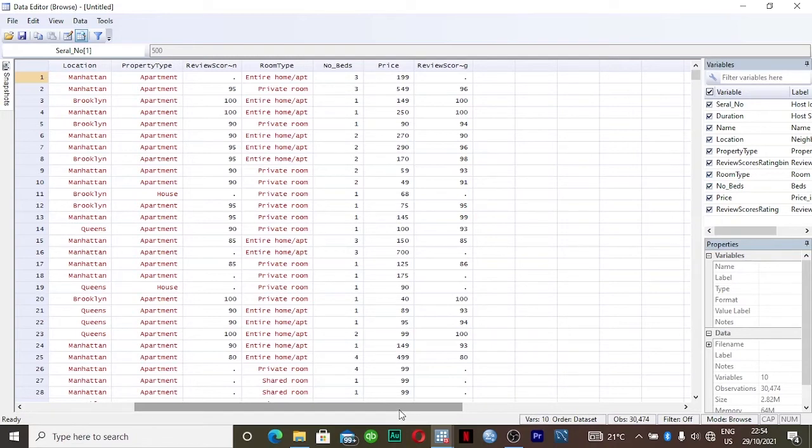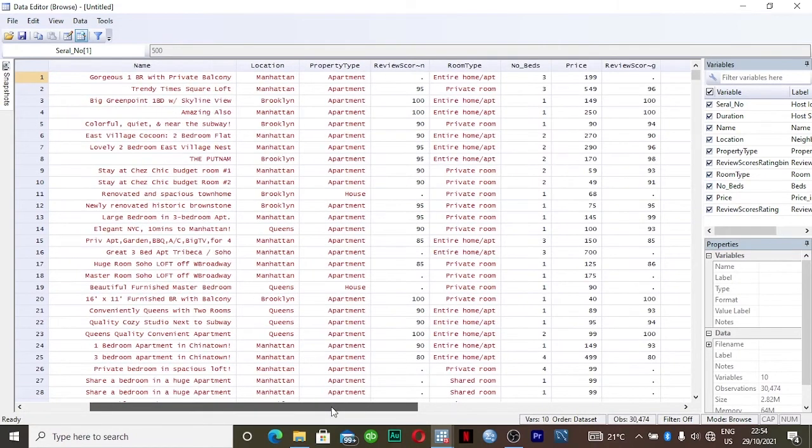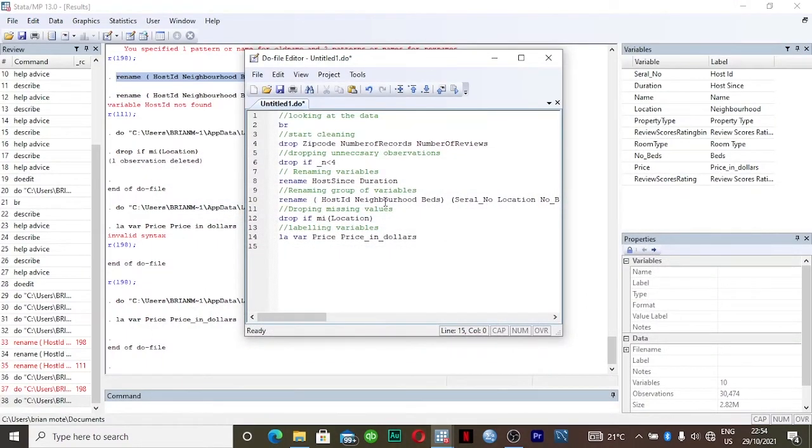Now, there's some data that is missing in the review score, the review scores rating bin, so we can drop that too. We are dropping missing values.